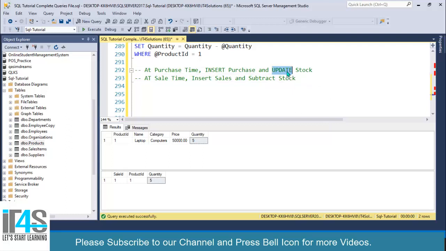Instead of subtracting, I can simply add stock. So when you are purchasing items, you simply insert a purchase record into the purchases table and then after that you can update the stock, and at sales time you should insert sales first and then subtract quantity or stock from the stocks table.